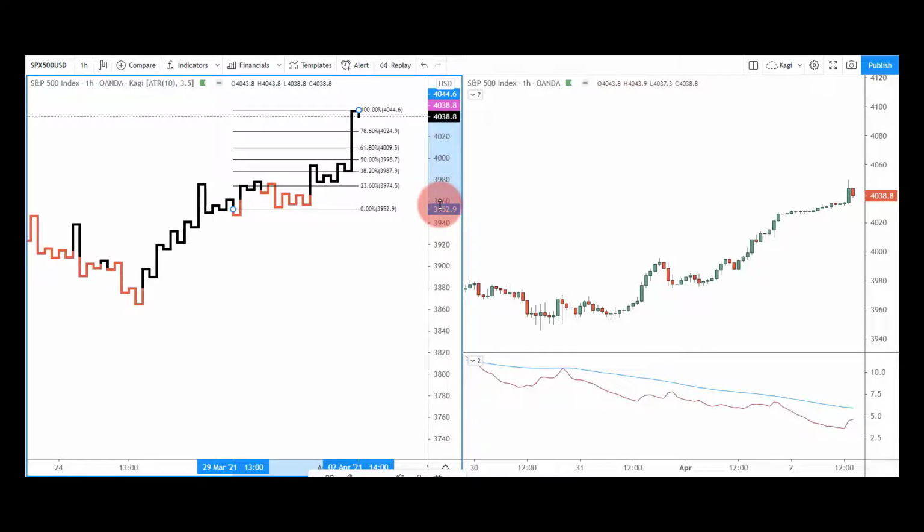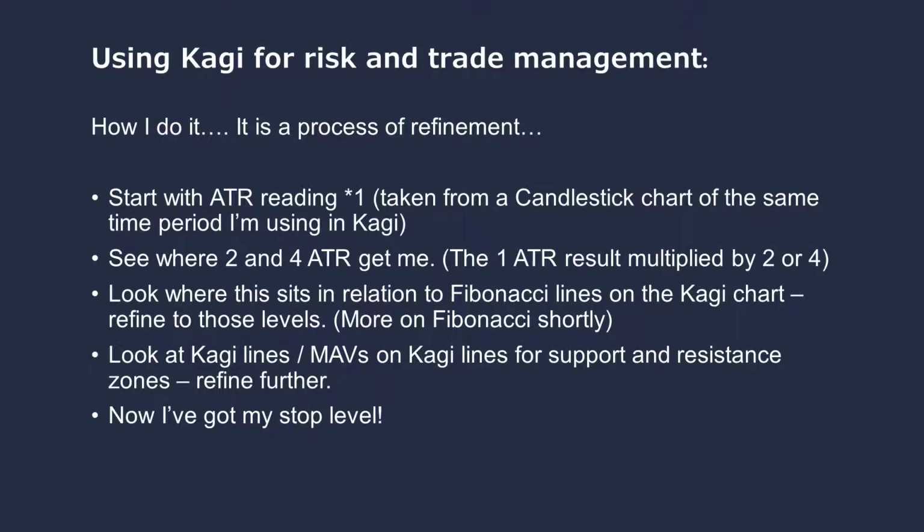So let's just recap the rules of my approach there. Well, it is a process of refinement. I started with the ATR reading of 1, taken from the candlestick chart using the ATR indicator. I've then multiplied it out by 4 to see where that sat. I wasn't too convinced, so I just wanted to see whether that married up to any Fibonacci lines. I looked at a longer term and a shorter term, more aggressive Fibonacci process. That married in with the 4 ATR on the more aggressive line,